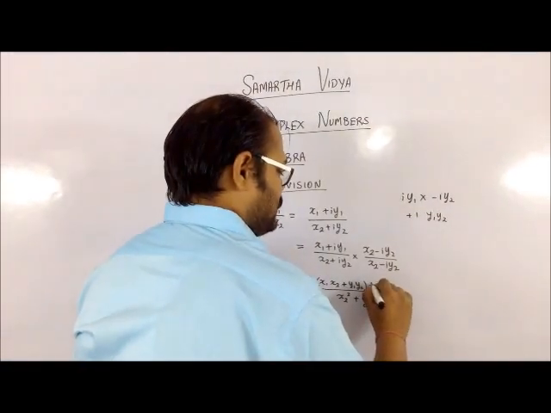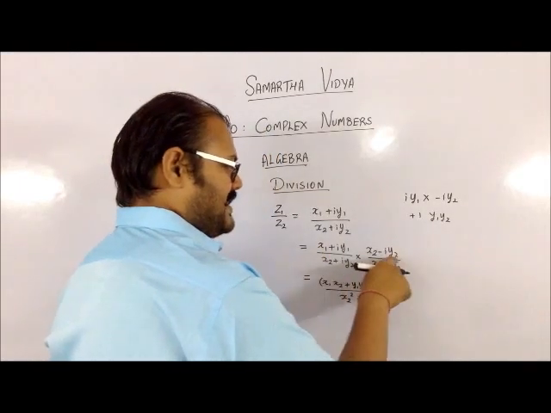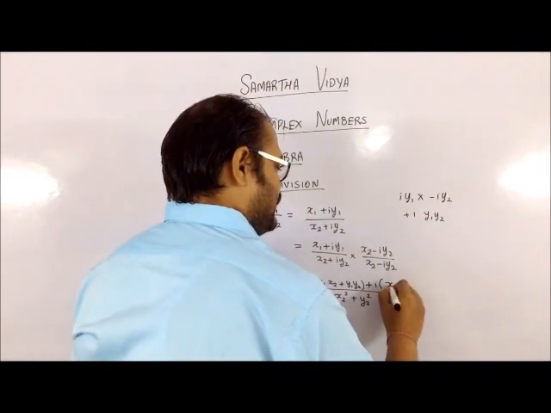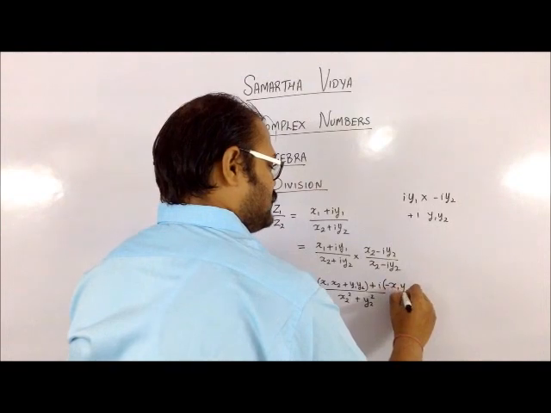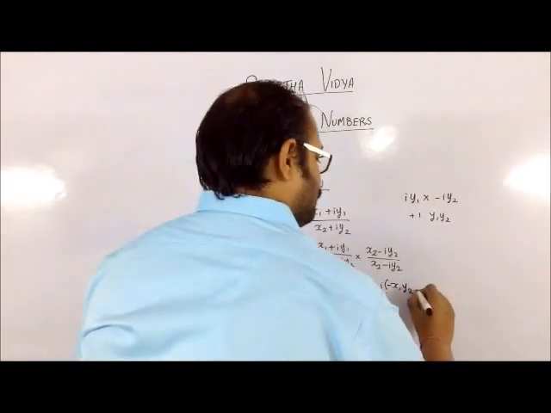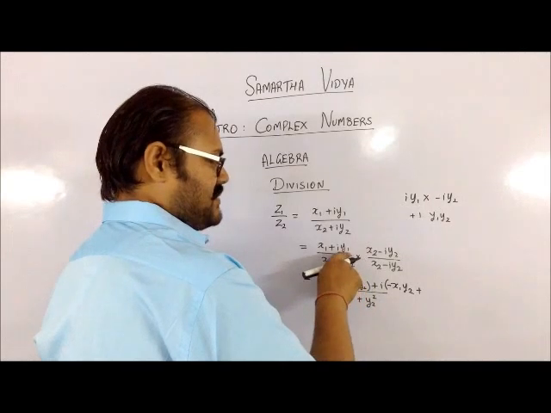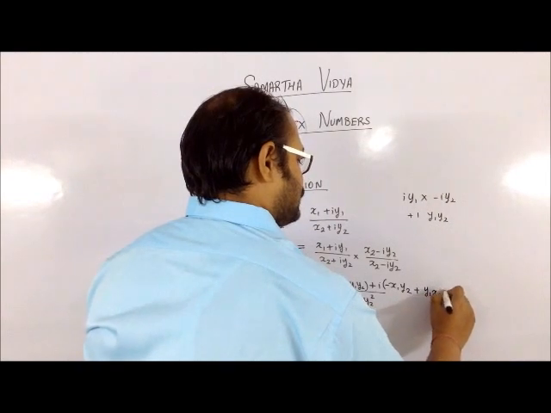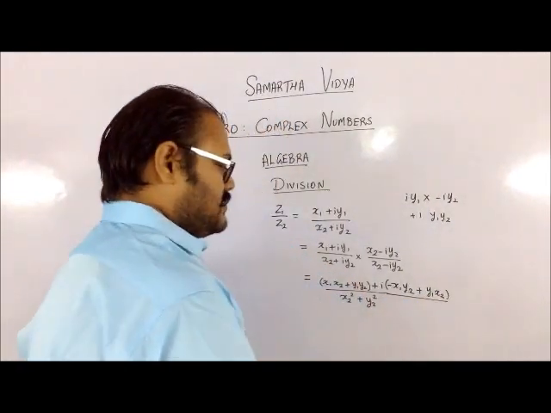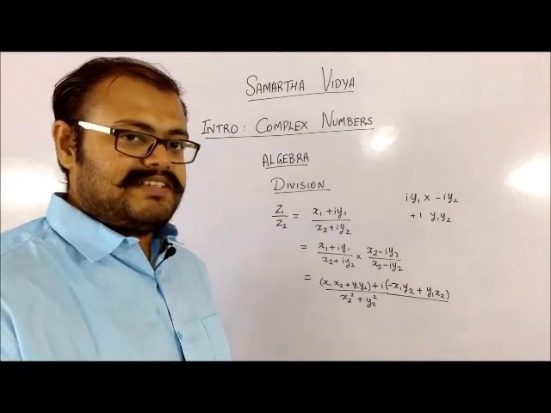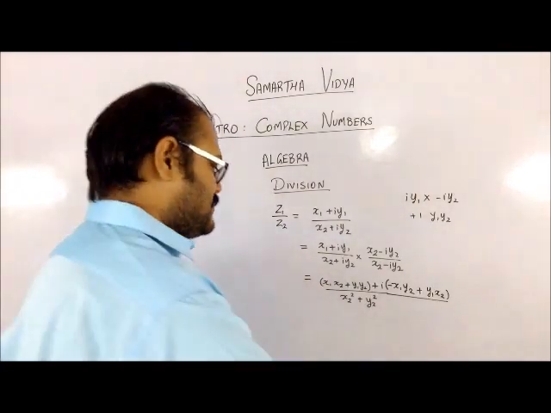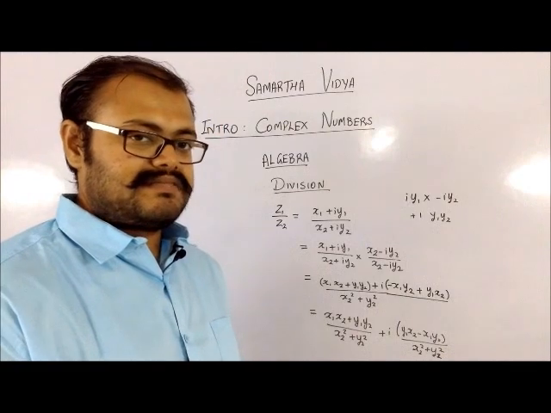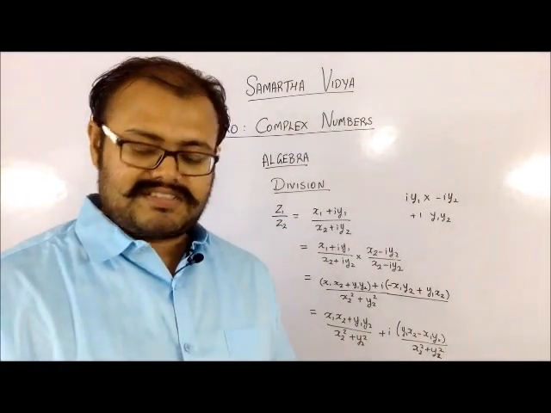Now to get the imaginary part, we take the real part of the first and multiply with the imaginary part of the second. So we keep the i outside. So it is x1 into y2 with a minus sign, plus y1, that is the imaginary part of the first, into the real part of the second, so y1 into x2. At the end, we simply split this up into the real part and the imaginary part. You can see we have split this up into the real part and the imaginary part. So this is how you find the division of a complex number.